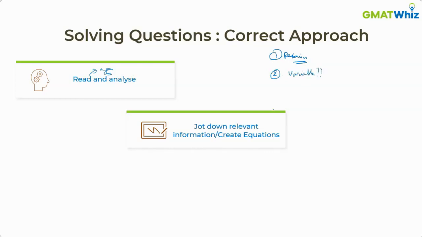But if you keep breaking down the question stem into smaller chunks and writing down, okay, this is giving me actual information, this is telling me about something, but that information is not there, so let me take a variable for that thing, it would be much easier to know, okay, this is a question where I might not be able to solve it without taking a variable.